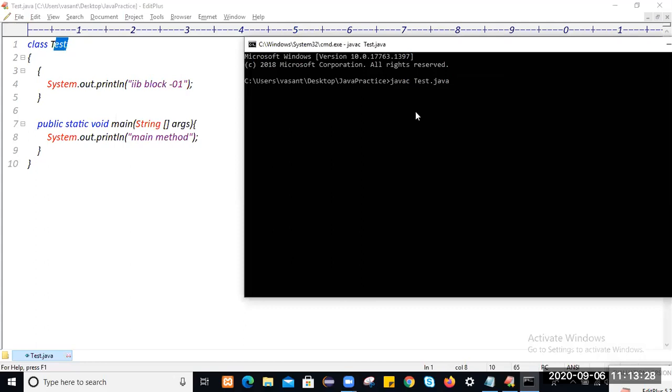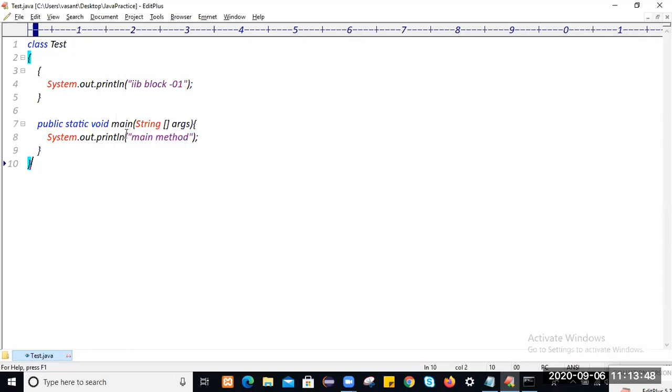Once you compile, the application will get compiled. Just run java Test. You see, only the main method will get executed. Why won't the instance block logic get executed? Just because you don't create an object.